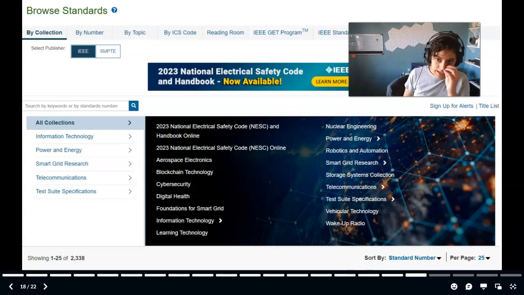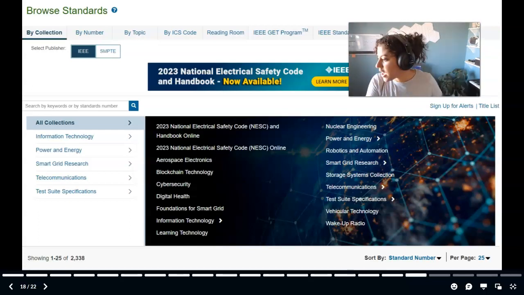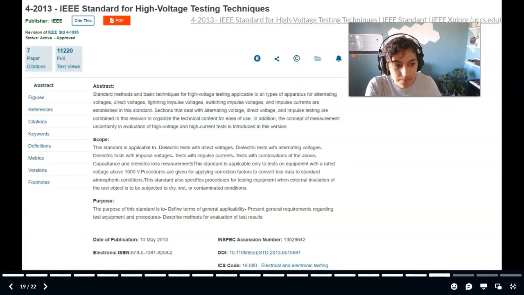And so a lot of technical fields have standards. This is from our IEEE database. You can get to it through the library. Here are electrical safety codes, blockchain technology, digital health, learning technologies, nuclear engineering. You can see there are standards for everything that you might need. And so when you search for one that you are interested in,